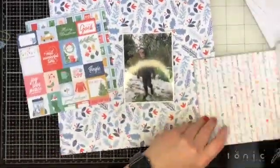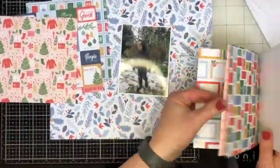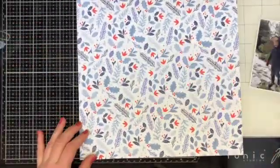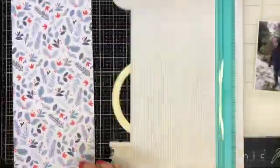So I'm working with this Pink Fresh Studio collection. This is the Christmas collection from last year. I'm trying to think of the name. Oh, What Fun is the name. So I am using this paper, and I did come into the challenge